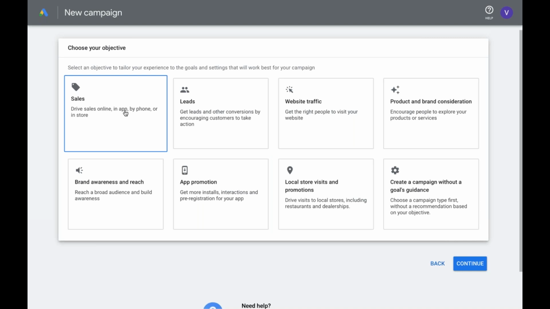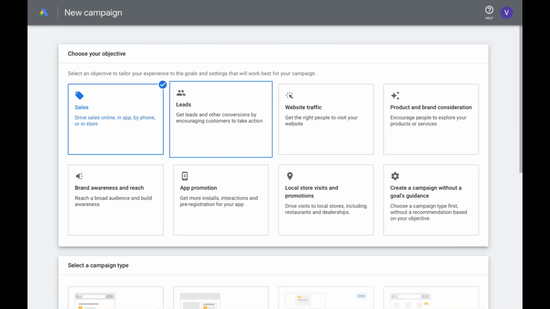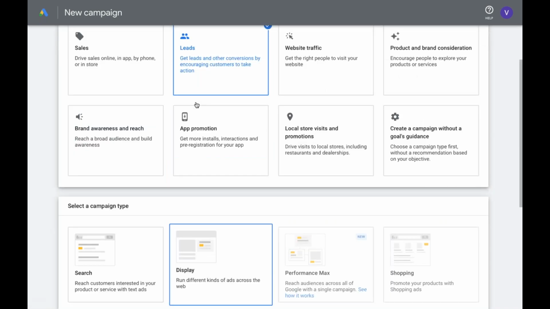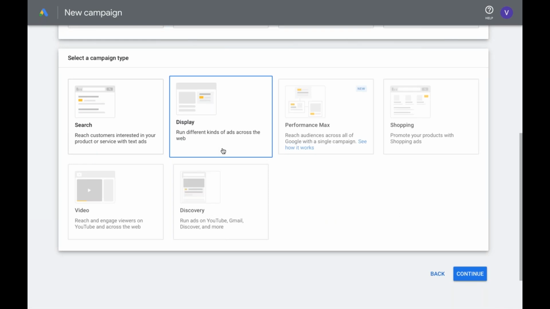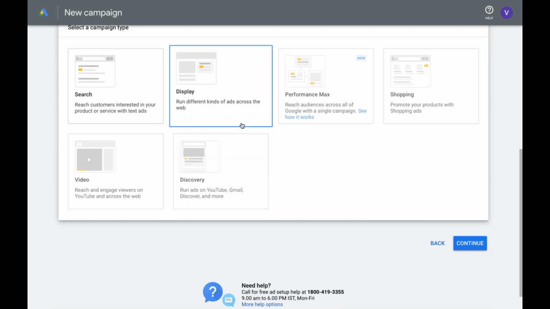Okay, just have a look at this. When I click on sales, it shows me search, display, performance max, shopping, discovery, video. And when I click on leads, I get similar. So if your objective is to get leads, using these kinds of campaigns shall create leads for you. And then for website traffic,